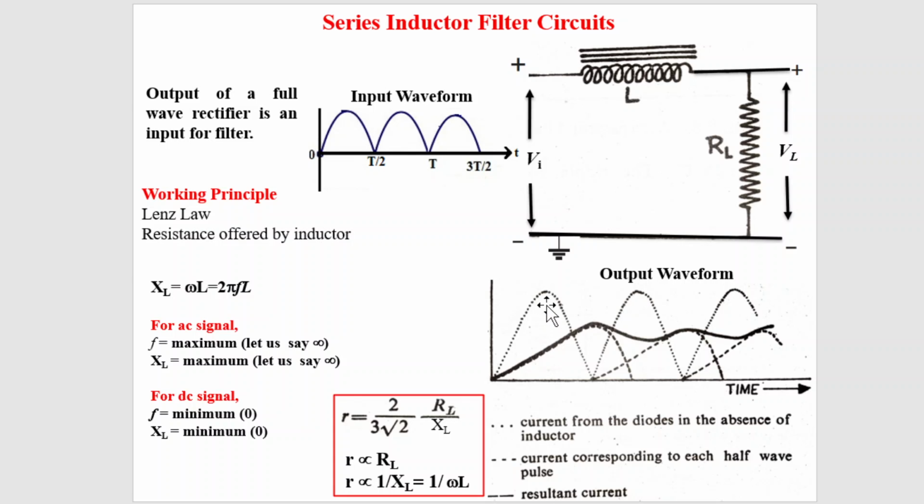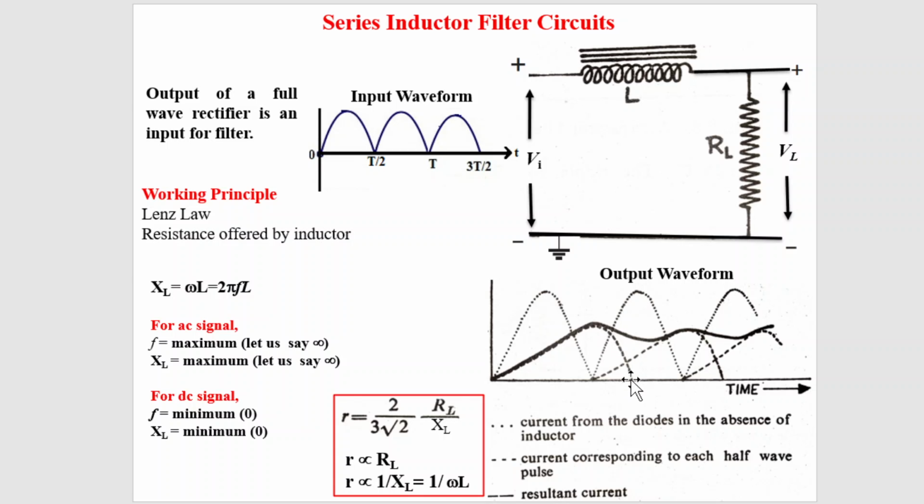Initially it is proportionally increasing. Now the input signal is decreasing, so what will happen? The inductor will oppose the decrease of this current. So this output current will keep increasing because of the opposite polarity developed across the inductor. It will be maximum when the input current is minimum. This dotted line is the current across the inductor. Again, when the input signal is increasing, the current across the inductor will decrease, and when the input current is maximum, it will be minimum.